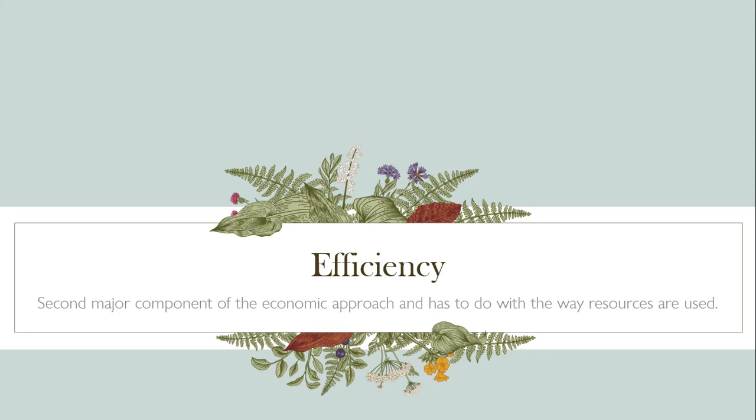So, we have efficiency. The second major component of the economic approach is the efficiency orientation. Since economic reasoning is a means ends calculus with available means inadequate to satisfy all ends, the economic method must assume a specifically defined condition of scarcity. Resources are inadequate to satisfy fully desires expressed in preference orderings. Thus, the general idea of efficiency has to do with the way resources are used. So, how efficiently can these resources be used, and how efficient are they not?